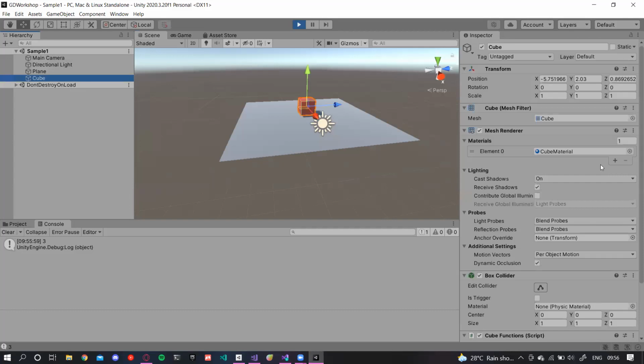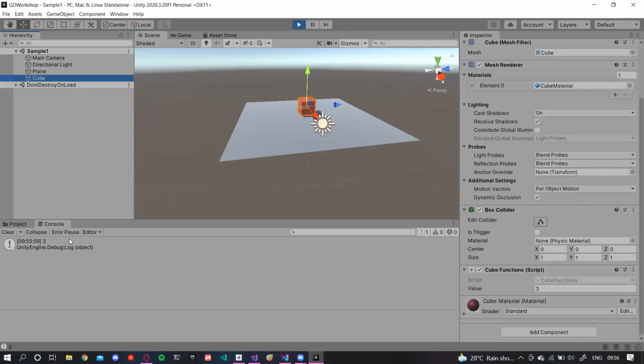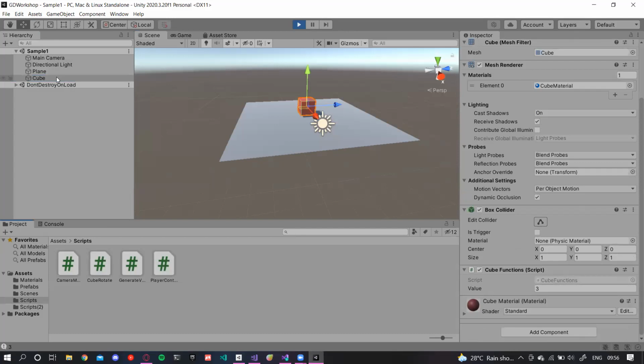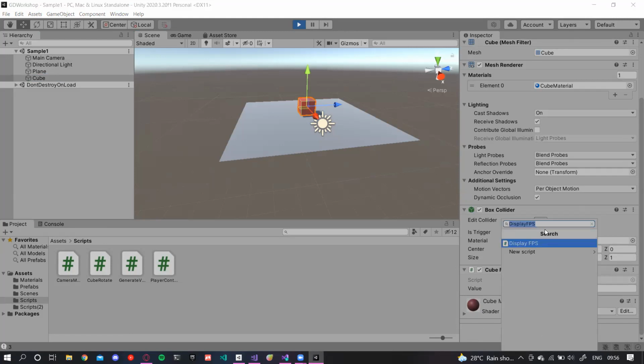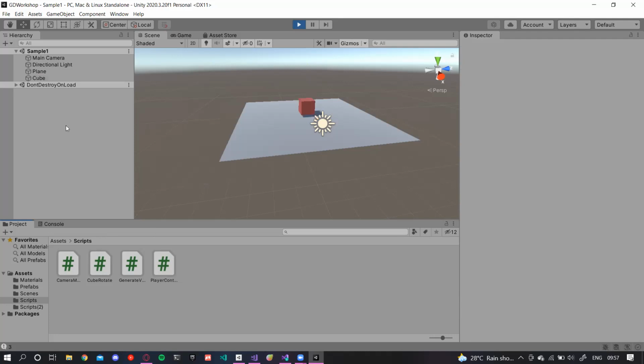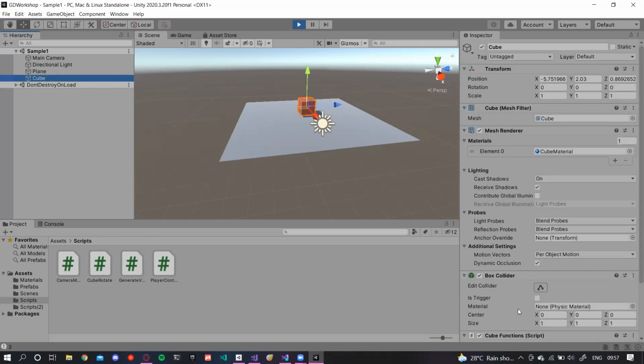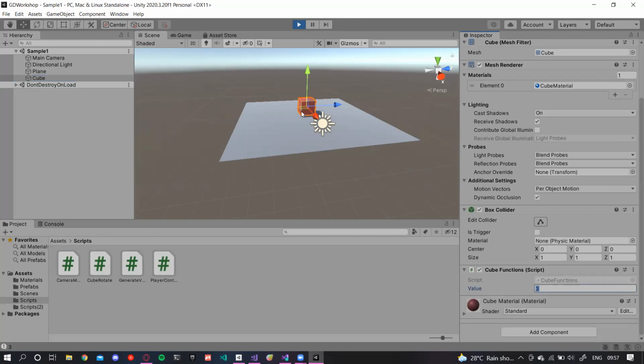This is my camera movement to my cube. So now I've added the script onto my cube. If you want to know how, you can either drag and drop your script onto the object, or you can use add component and mention your script name over here, which is my script name, cube function. So if I just add it, I can add the function. Now that I've added it to my cube, if I set the value as public, I can change it to whatever I want.